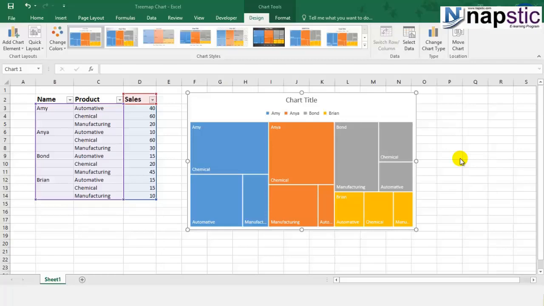So what you're seeing in front of you is a tree map chart. Don't you think this looks really different? This kind of chart is a new addition to 2016, and the look and feel of this chart is very different from the others. We have always seen the bars and the pie charts and the line charts frequently used, but if you have a look at this, this is basically the rectangular or square formatting of chart, and it looks quite good, right?